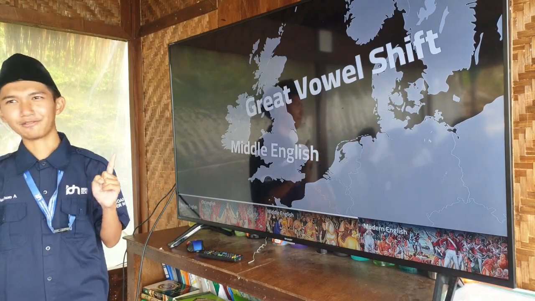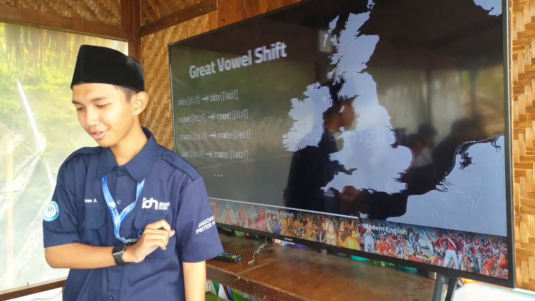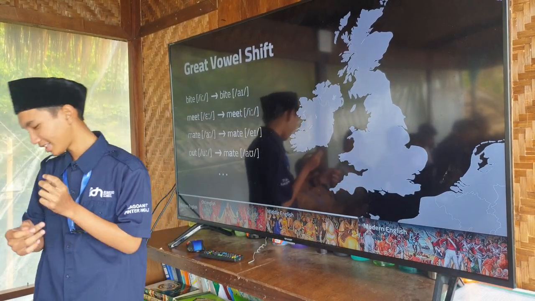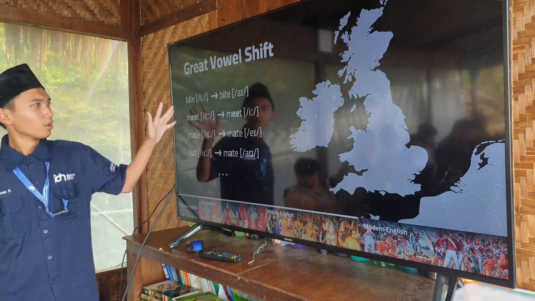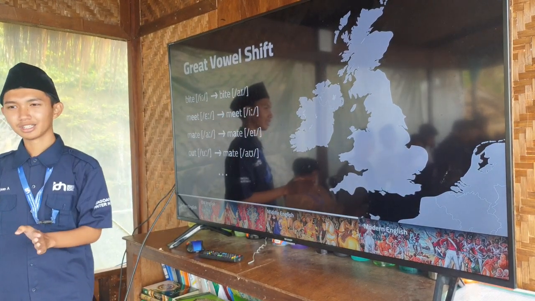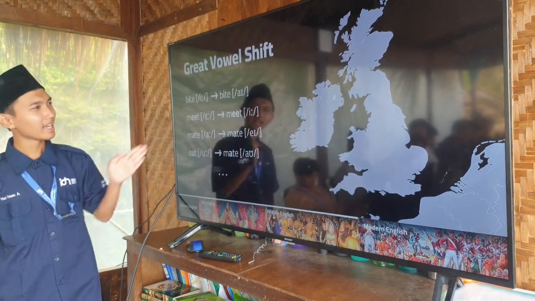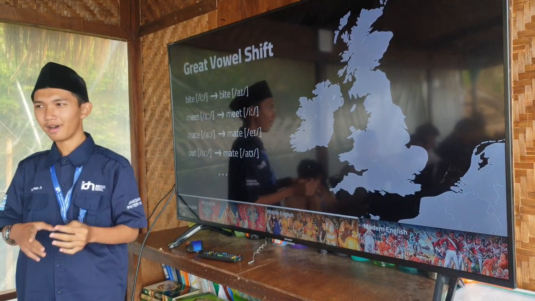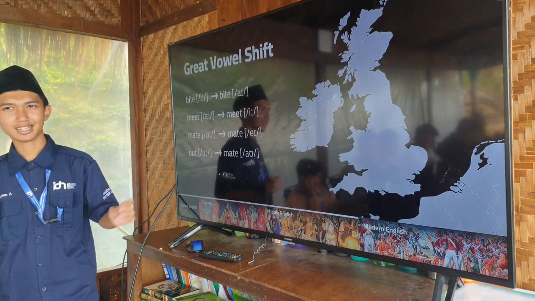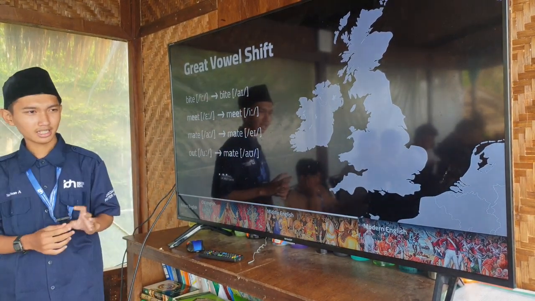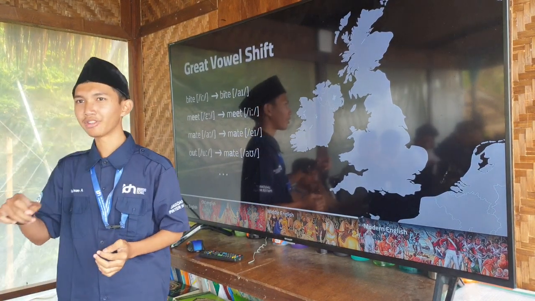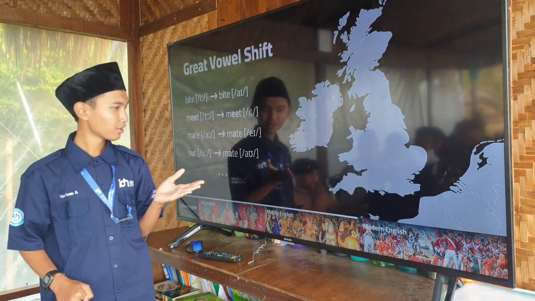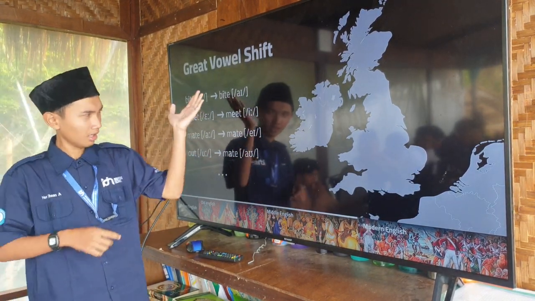There's this thing called the Great Vowel Shift. The Great Vowel Shift is the vowel shift that changes how we pronounce certain words. Like in Old English, we pronounce this word as beat, I think, but then it transforms to bite. It's kind of how it made English harder to learn, because Old English back then, they wrote how they sounded. They don't speak out, mate, meet, bite.